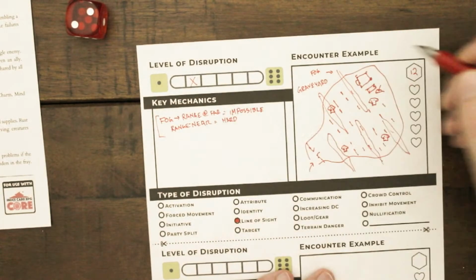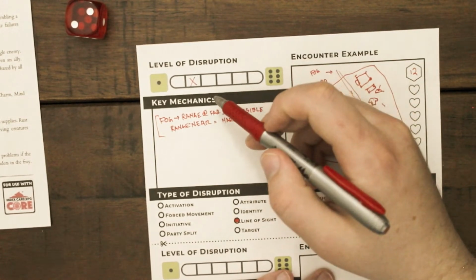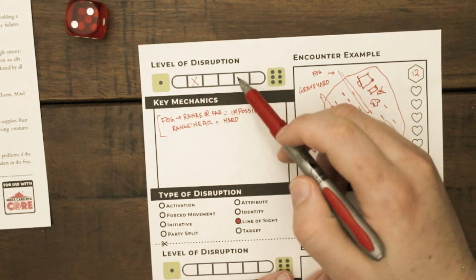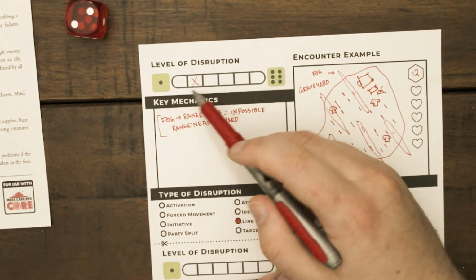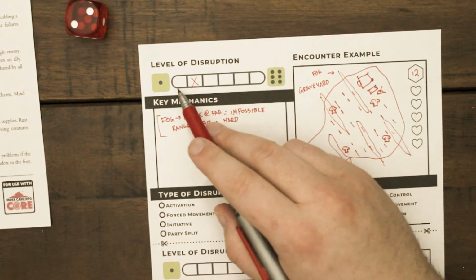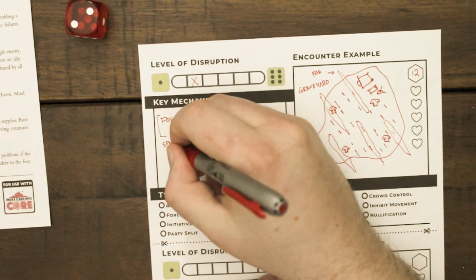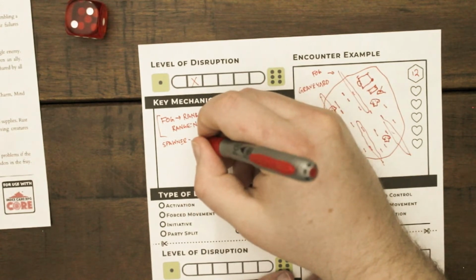That right there is a disruption of line of sight, because now I'm interfering with the player's ability to see their targets, but it's not so bad that it really messes with their ability to do anything. It's just a little bit more than a nuisance. But to really highlight that it's more than just a 1, it's up to a 2, I also included these spawners. So we have the spawners here, and what they do is every round,